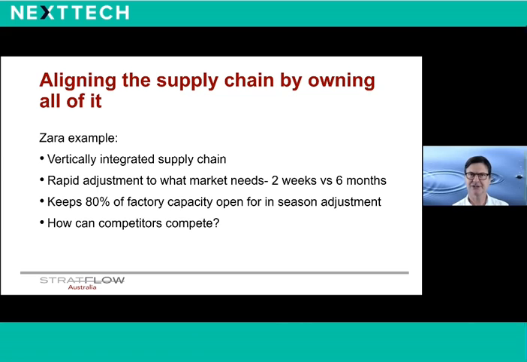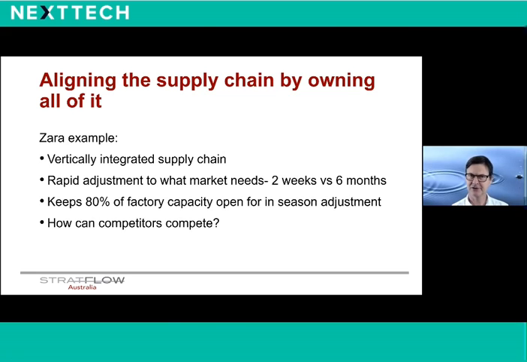Almost all the operations and distribution are owned by the company, and for reasons that will soon become clear, we think it represents a great example of what many supply chains could aspire to. Zara has achieved tremendous success by applying many of the breakthrough ideas of Eli Goldratt in his Theory of Constrained Supply Chain writings. They show what's possible when the entire supply chain is aligned for agility and supply and lead times are cut dramatically. So Zara adopts hit fashion designs, manufactures, distributes, and retails the clothes within 2 weeks of the original design appearing. The average for the fashion industry is actually 6 months.